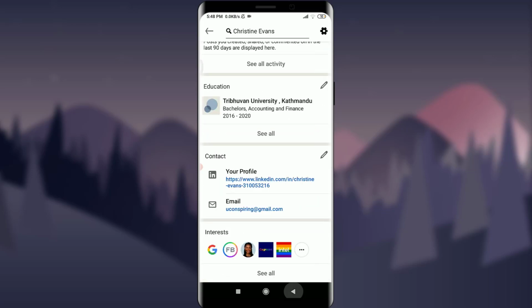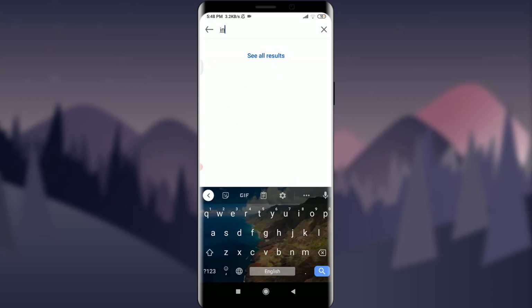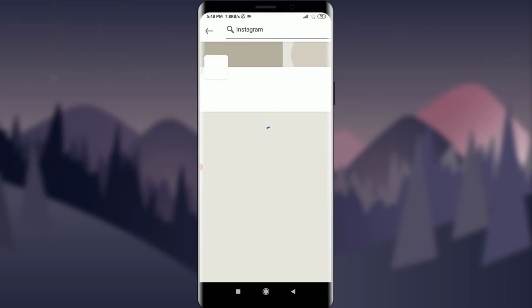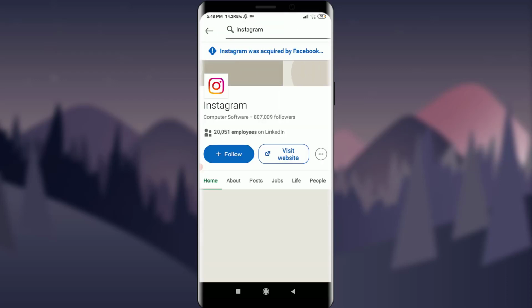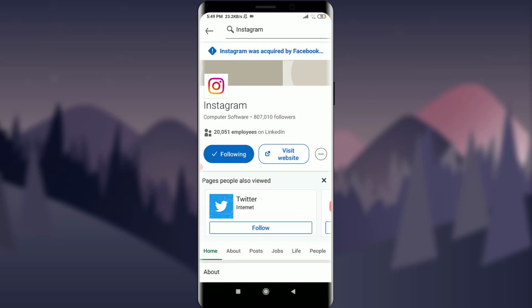So to simply add an influencer, all you have to do is tap on the search option. Search for any of the companies or any of the famous computer software as well. I'm really interested in Instagram. So to simply add an interest, all I have to do is tap on this follow option,